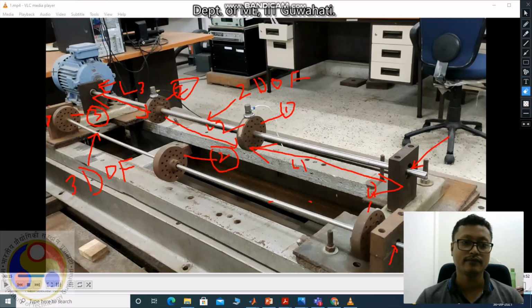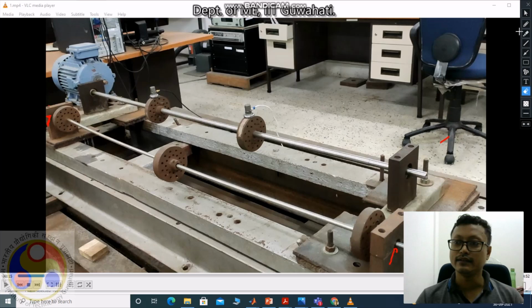In the second case, this mass 1 and mass 2 will be placed such that this mass will come here and this mass will go near the bearing. This is the second condition of 2 degree of freedom data taking condition. Then in the third case, both mass 1 and mass 2 are kept here in the center. In that way we are taking three sets of data by shifting the different locations of these